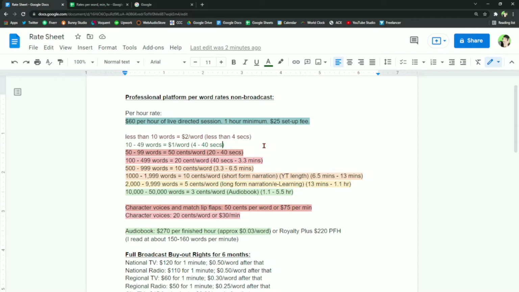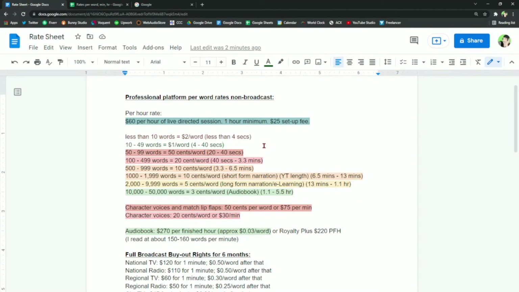I read at a pace of 150 words per minute. That's kind of the average of what people get. So I put that in parentheses on the side to let myself know as I'm calculating the rate, and so I can inform the client, hey, this is about how long this might take. But I also have a spreadsheet to calculate these things in a little more close detail. I'll show you that in a little bit.